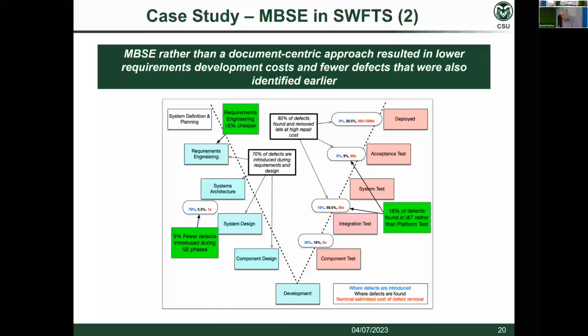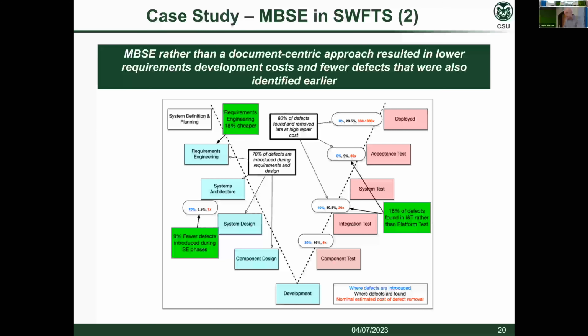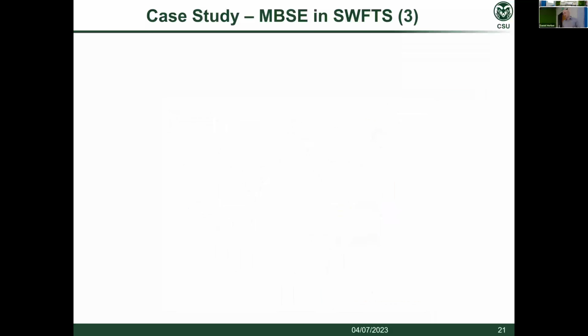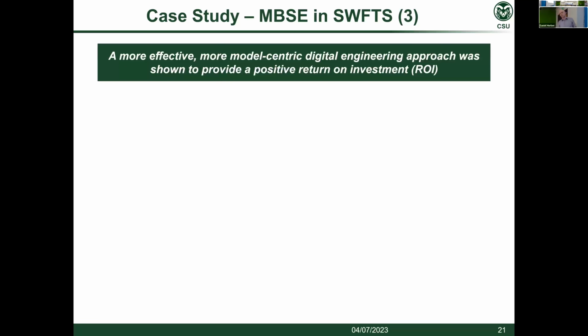And going up the right-hand side of the V, defects were found earlier. If we think of the propagation of the defects throughout the system and when they're identified, it's probably very hard to see, but these little red numbers indicate the costs relative to development versus when you're trying to do integration and tests and other things. So 1x, 5, 20, 80, 300 to 1,000x. The earlier you're able to identify these errors, the less time and the less cost will be required to fix them. So that was also quantified for this particular program.